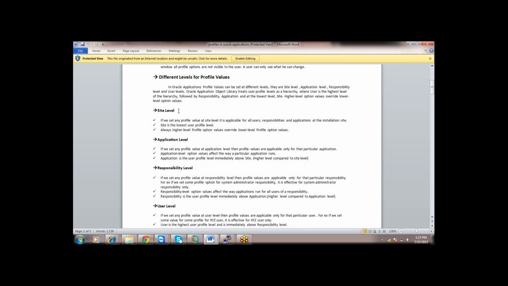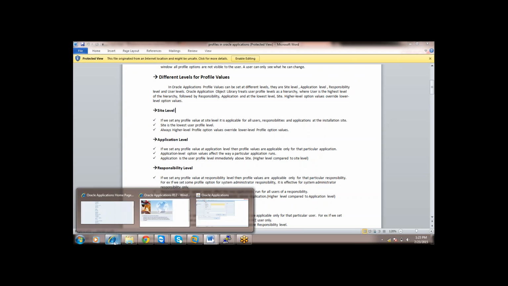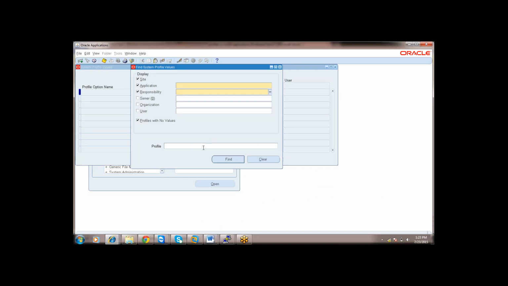Let us take an example of a profile value, Java color scheme.